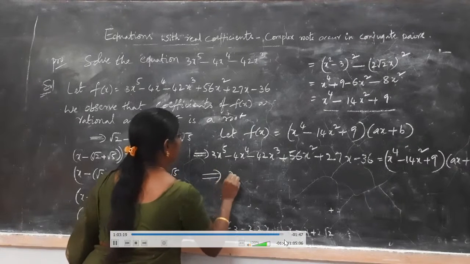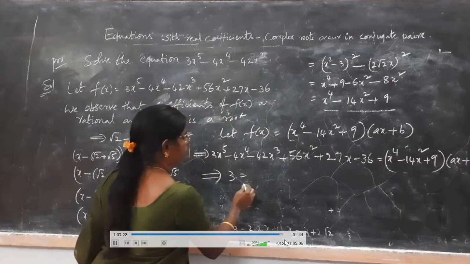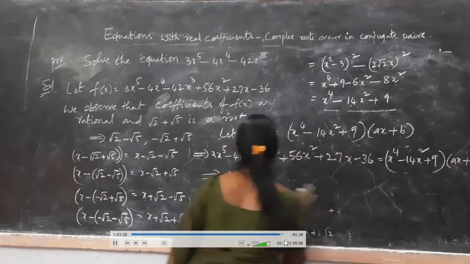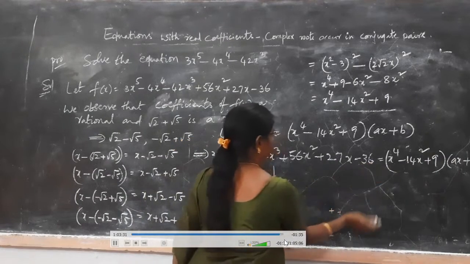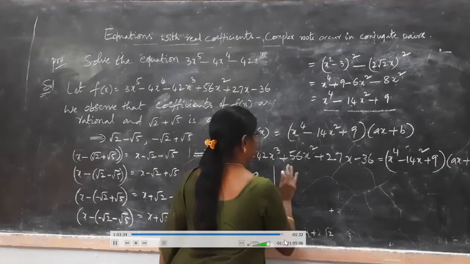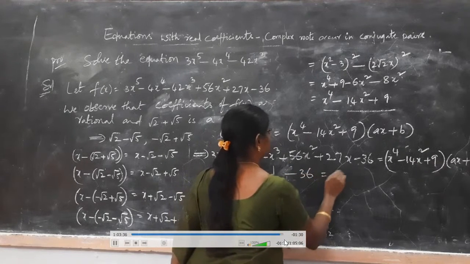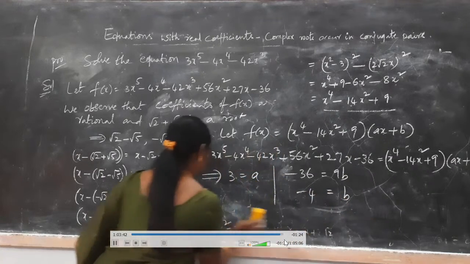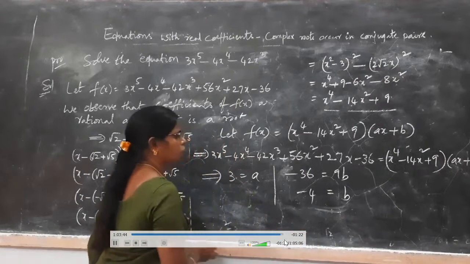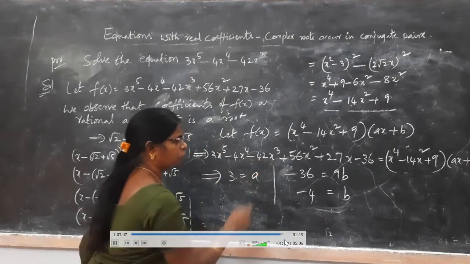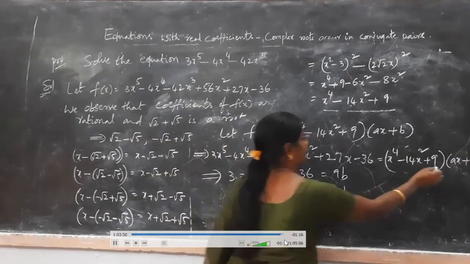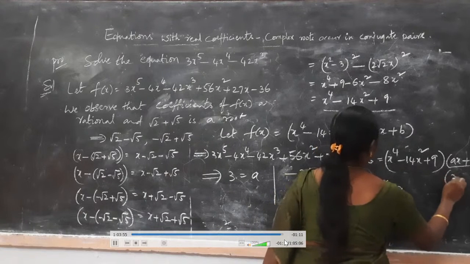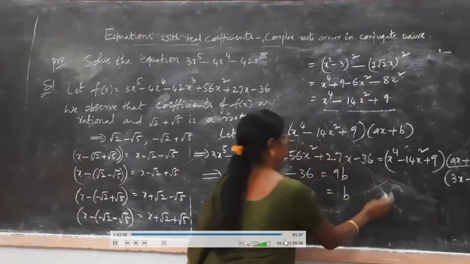This implies 3 is equal to a. x power 4 into ax gives ax power 5. Okay, 3 equal to a. And for the last term, 9b. What is the constant? Minus 36 is equal to 9b, so b is equal to minus 4. You got a and b. So what is the factor of f(x)? Substitute the values of a and b here: 3x minus 4. Hence,